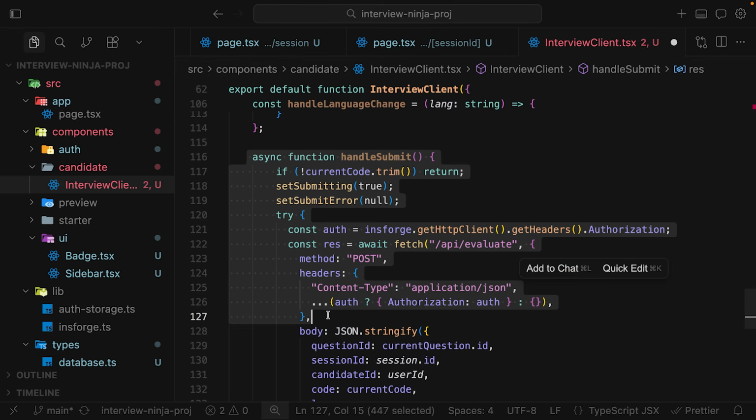Handle submit is an async function. It runs when the candidate clicks submit. Set submitting to true inside a try block. Get the authenticated HTTP client from insforge.auth.getHttpClient. Call fetch with /api/evaluate, method post, the authorization header using the token from the HTTP client, content type